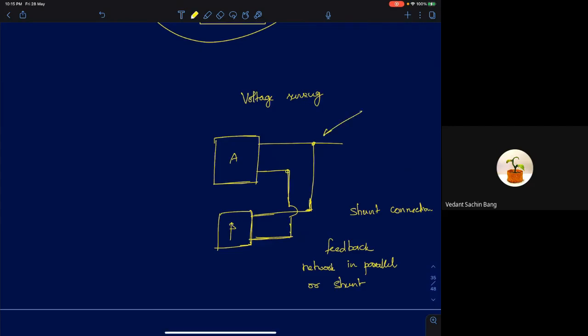Then the feedback network has to be connected in parallel with it, so it has to be a shunt connection at the output, because you have to connect it in parallel so you can sample the voltage.